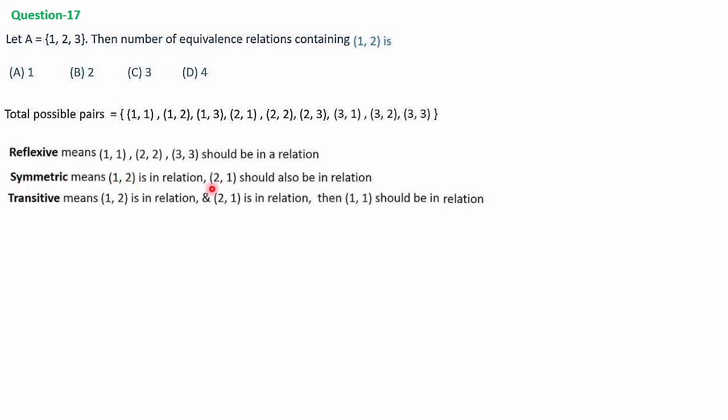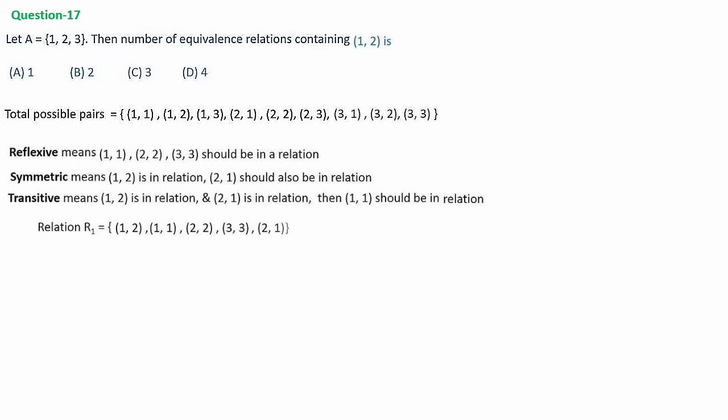Then (1, 2), (2, 1) is there, means for transitiveness (1, 2), (2, 1) gives (1, 1). So (1, 1) also must be in the relation. (1, 1) we have already included. So by collecting all these points, we can write an equivalence relation, because we have checked the reflexiveness, symmetry and